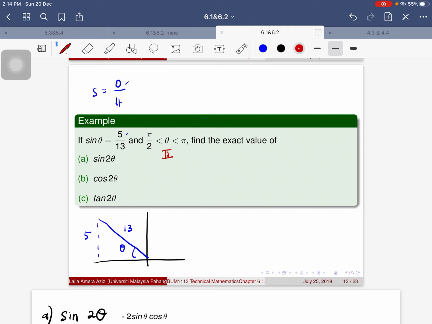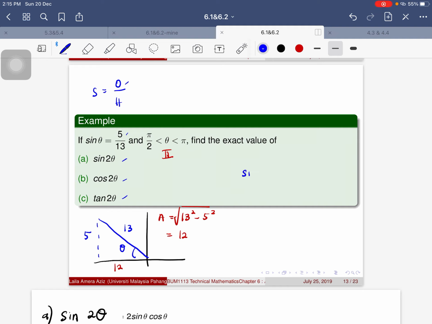I also need the value of the adjacent. According to the Pythagoras theorem, the adjacent value is going to equal the square root of 13 square minus 5 square. That is going to be a value of 12, so I'm going to have a 12 over here. Now that I know all the values, the hypotenuse, the opposite, and the adjacent, we can come out with all the trigonometric functions. I'm going to use this triangle to find sine theta, cos theta, and also tangent theta,